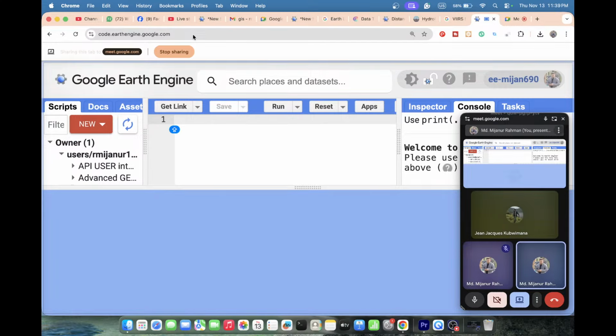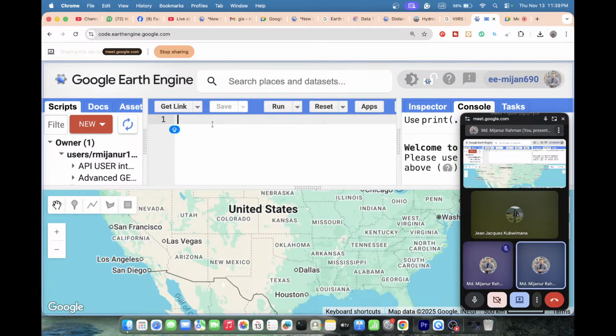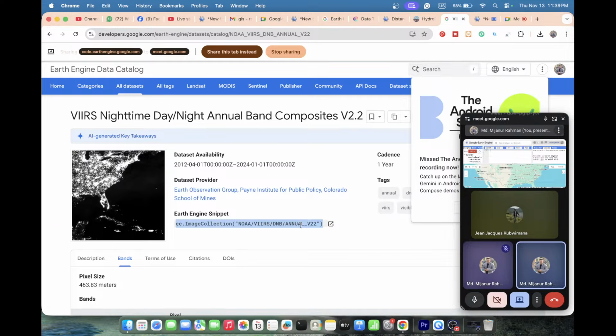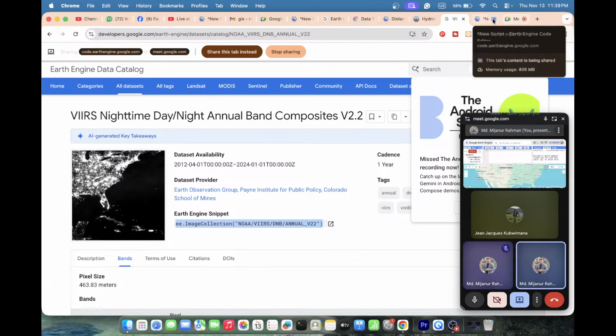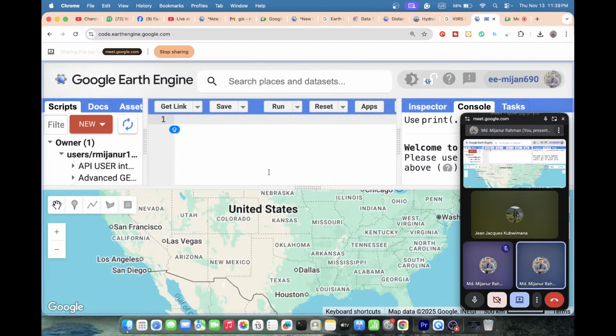Okay, so I simply paste the dataset in. Oh, sorry, let me paste again. Just copy the dataset snippet ID and paste. Okay, so now give a variable name. I will put the variable name as night